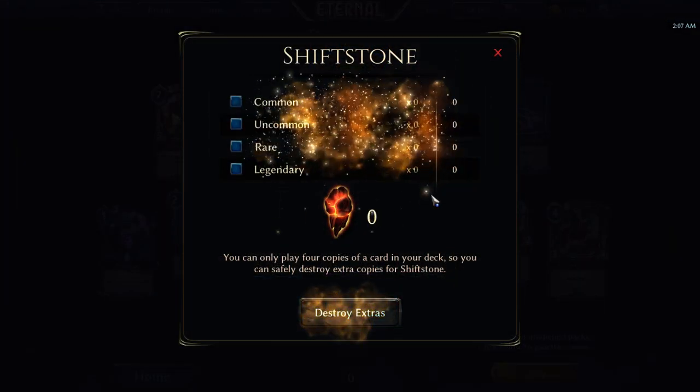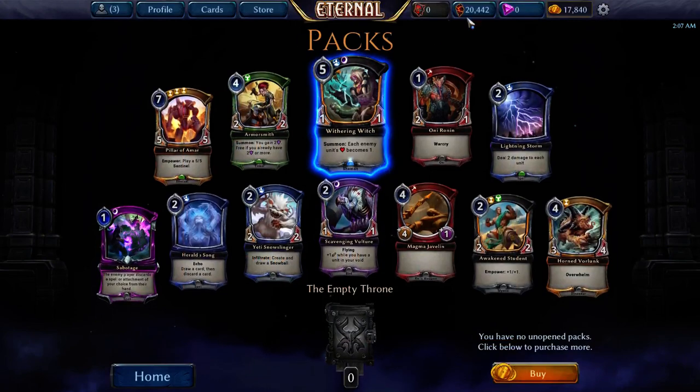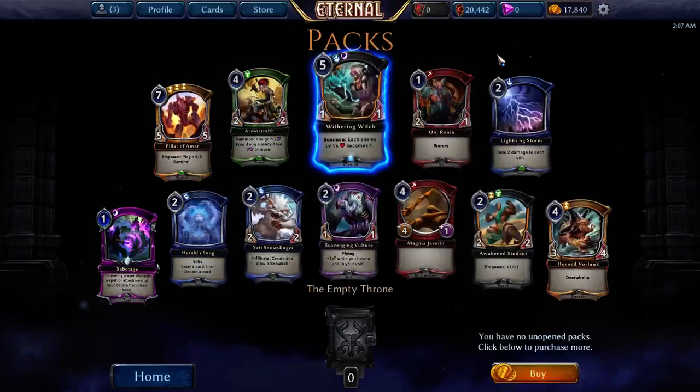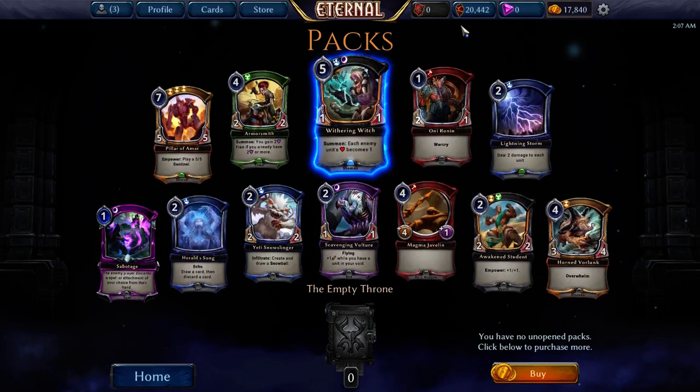Anyway, let's crush all these cards. I don't think anything I opened is real. I own all these cards, so it's all just dust for set 2 cards, which is good. I kind of want to craft more,